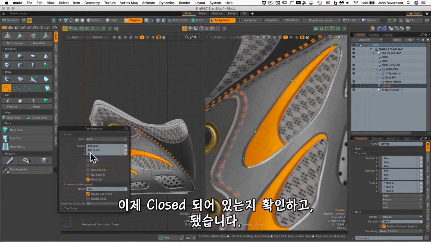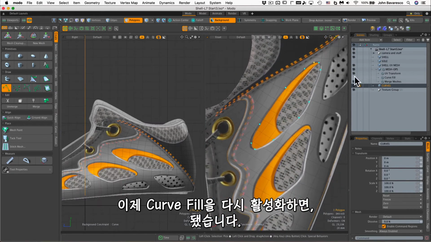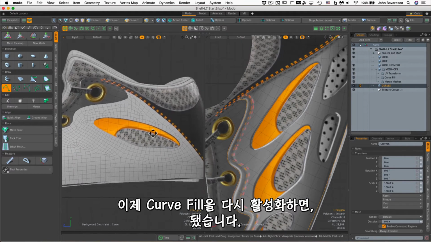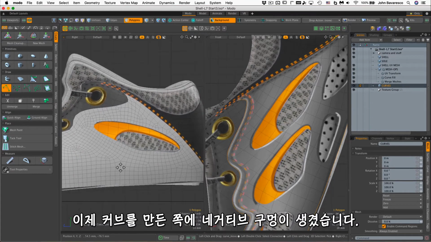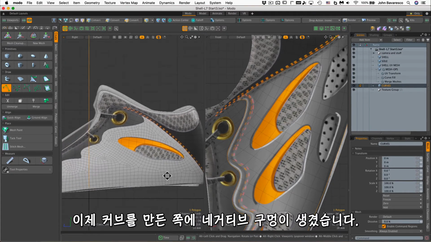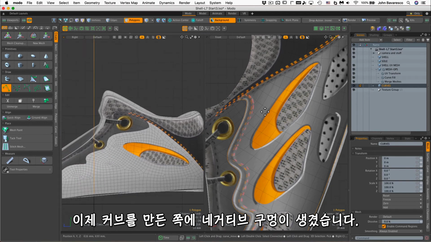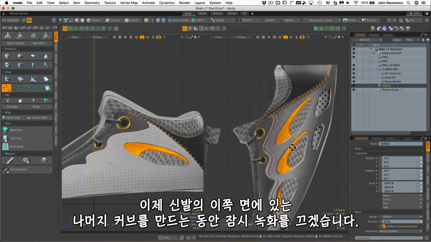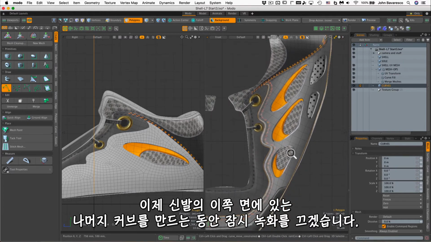Now I'm going to make sure that this is a closed curve, and there we go. Now I'm going to activate the curve fill, and there we are. We can see that it's created a hole, a negative space where we had our curve. Now I'm going to pause the recording while I build the curves for the rest of the holes on this